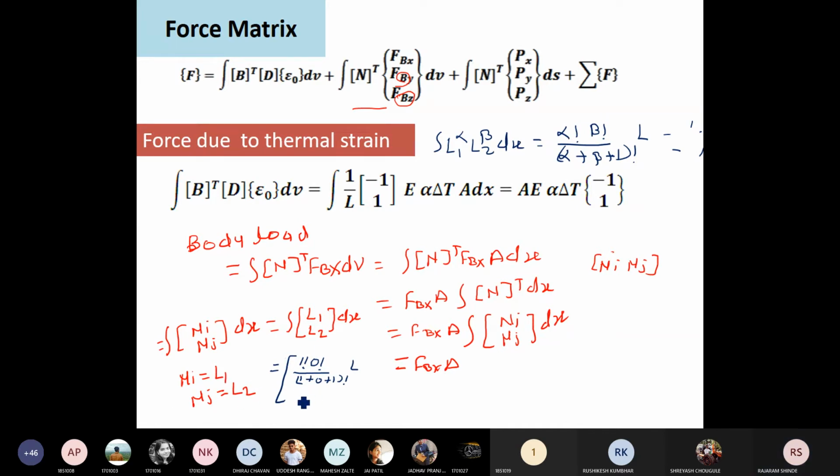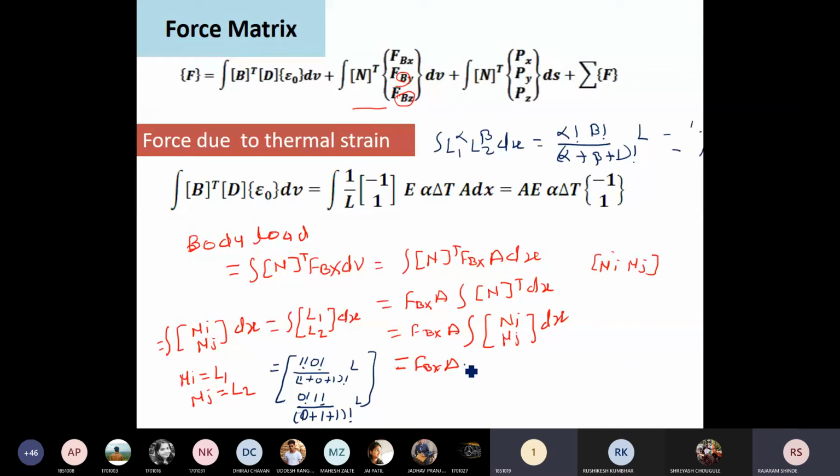Now the second term is here. Again alpha is 0, factorial, 1 factorial divided by 1 plus 0 plus 1 factorial, L. Is it correct? Whether it is correct or wrong? Rishikesh Dore. Correct, sir. Are you getting or not? If you are not getting, you can ask me, I will repeat it.